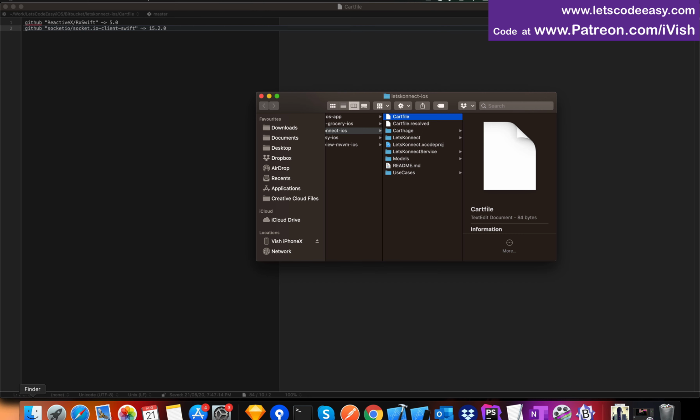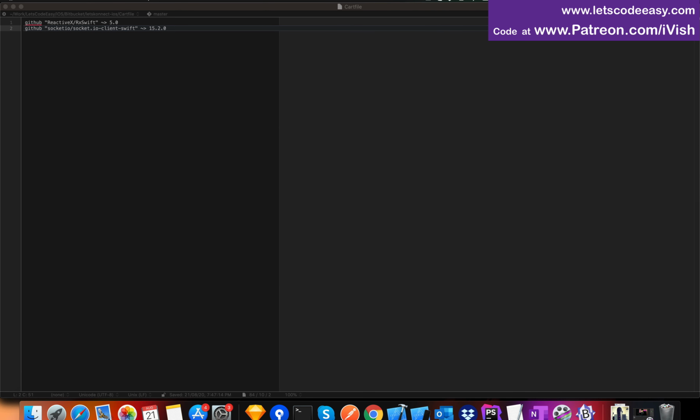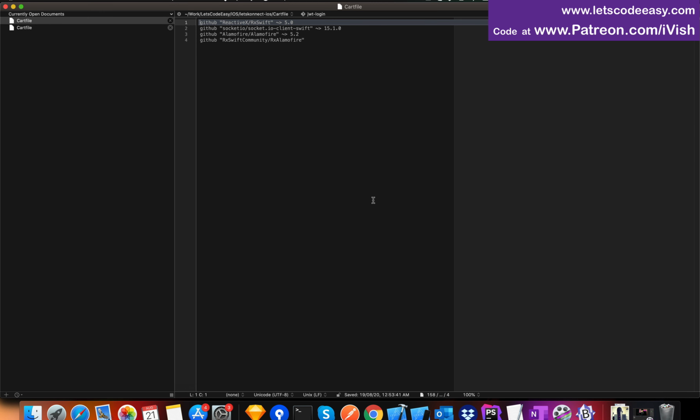So let's do one thing. Let's include the Alamofire references required, whatever I have in my working project. I'm going to include those two. So these are the two dependencies: Alamofire 5.2 is what I'm going to use, along with RxAlamofire. So cancel, I'm going to include it